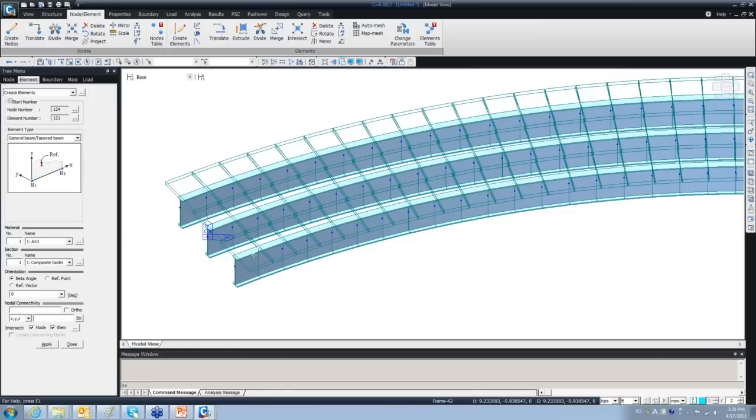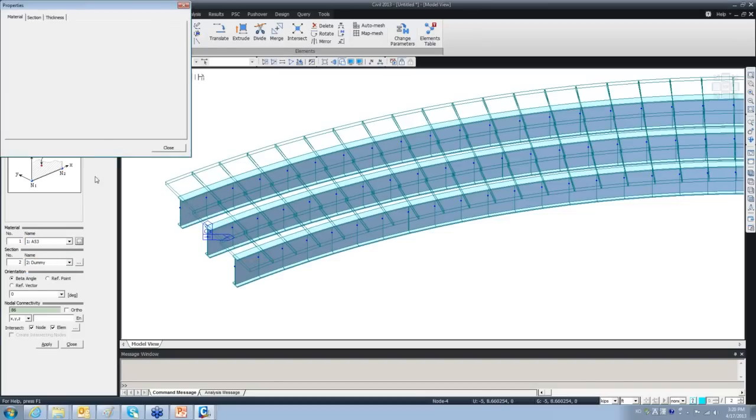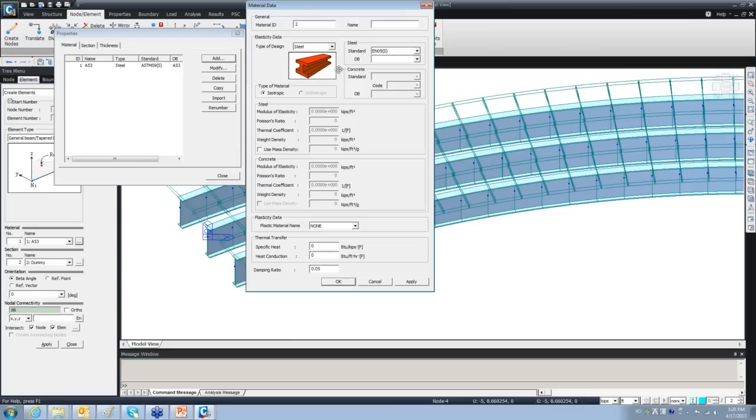Still is in blue, so I just go ahead and create these section elements. So create element from one node to another. Before that I have to select the dummy beams, and then the material has to be concrete. So I just add one more option here. It will be concrete, and from the ASTM-RC I select the C4000 to have exactly the same